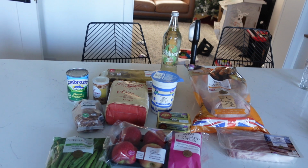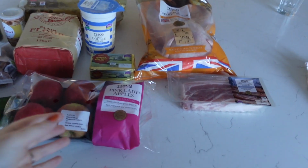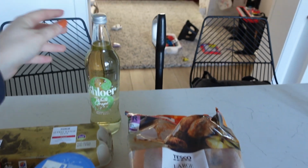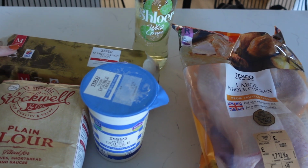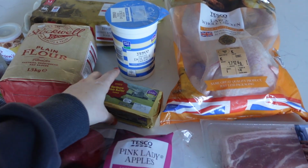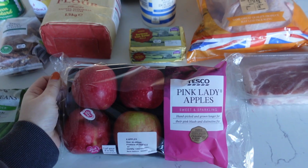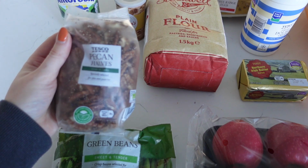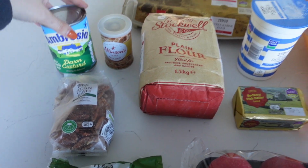Okay, here's my little Thanksgiving food shop, just everything that we needed. So I got some bacon to do green beans and bacon. I got a chicken because we're doing a chicken rather than a turkey. I got a wee bit of sparkling juice to replicate the Martinelli's. Some eggs for some of the different recipes. Double cream, butter. I feel like you just always need butter. Some Pink Lady apples because I'm going to be doing an apple tart. Some green beans, some pecans for the sweet potato pecan pie, flour and yeast to make some bread and stuffing,